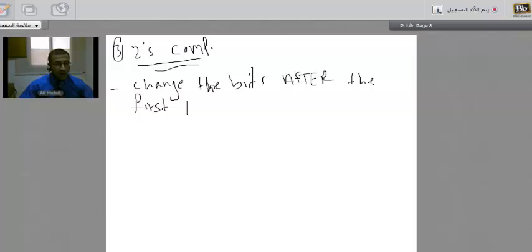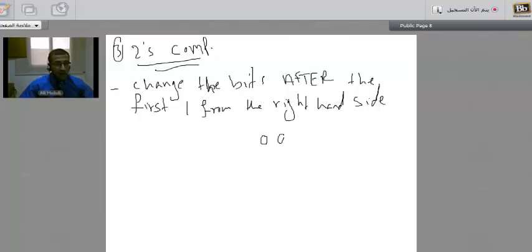one from the right hand side. So from the right hand side, you scan the number. When you see the first one, you keep it, and then the numbers after that you change. For example, if I give you this number